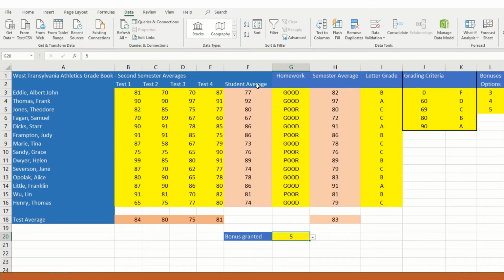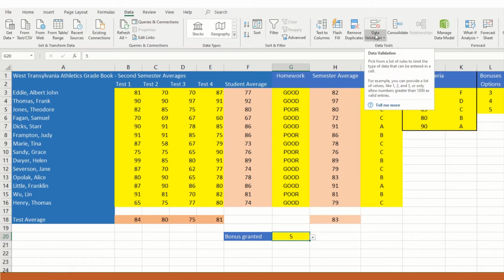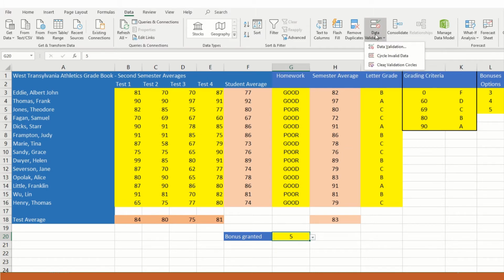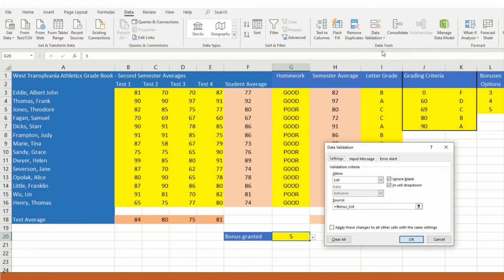5, and it changes from 77 to 82. So what is in here is numbers that are referred to in this list, and they are real numbers. They change the semester average and they change the grade of the student. When I apply the data validation in this cell, I also have the option of selecting special customized input messages